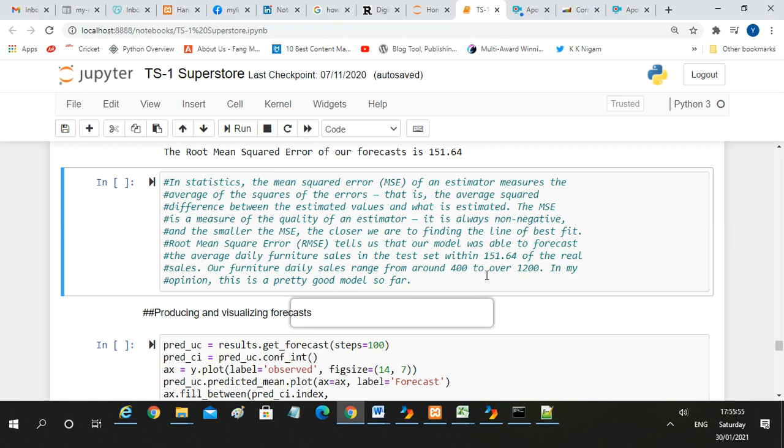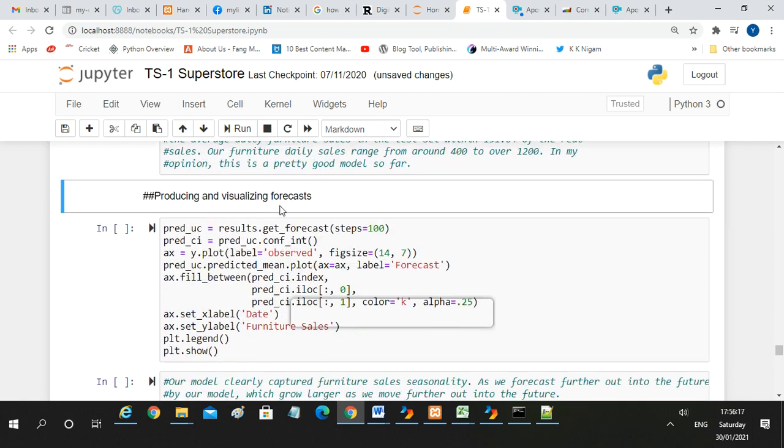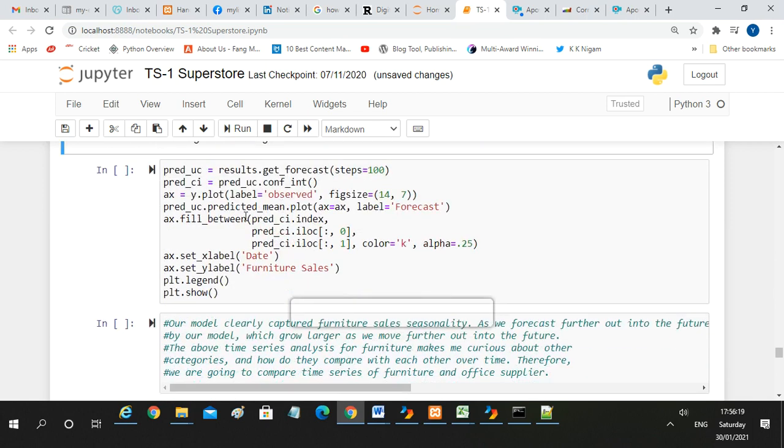Our furniture daily sales range from around 400 to over 1200. In my opinion, this is a pretty good model so far, right? So again, this comes with experience, and definitely whatever output you get, you can infer accordingly. Then producing the visualization forecast, that is pred_uc = results.get_forecast(steps=100),